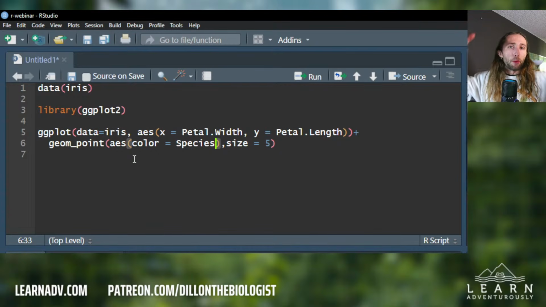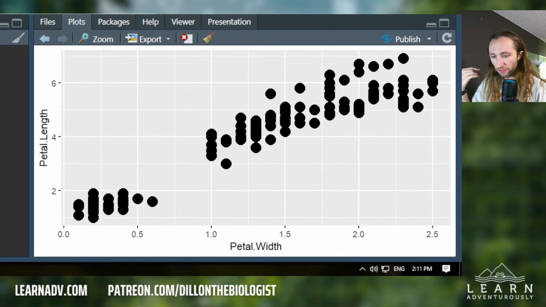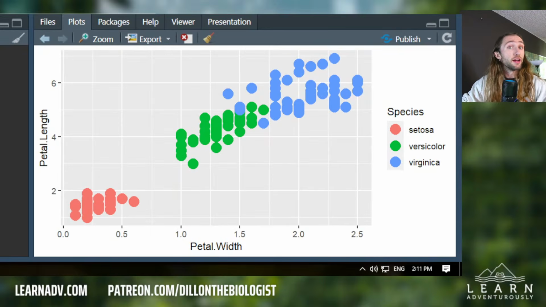So again, we are mapping our data to our visuals. In this specific case, we are mapping the data contained in the species column to the colors of our plot. When I go to the plot and run this code, we can now see that the data is colored according to our species, right? We have red points for the Setosa species, green points for versicolor, and blue for virginica. So this is a very, very common usage of AES, and it is a relatively straightforward procedure. But,